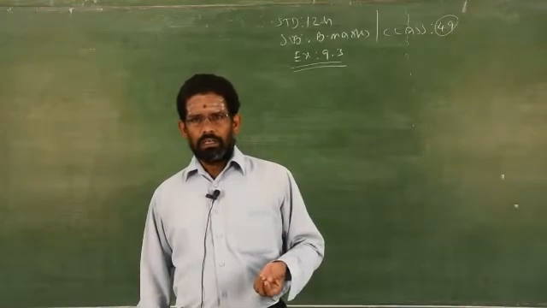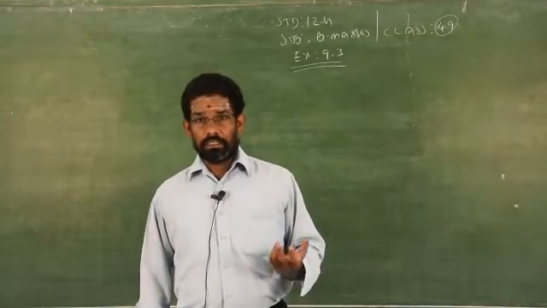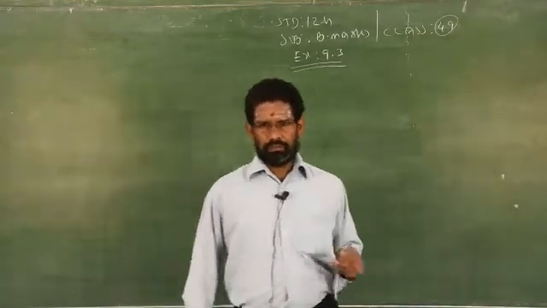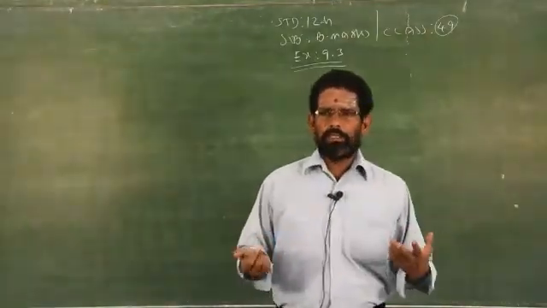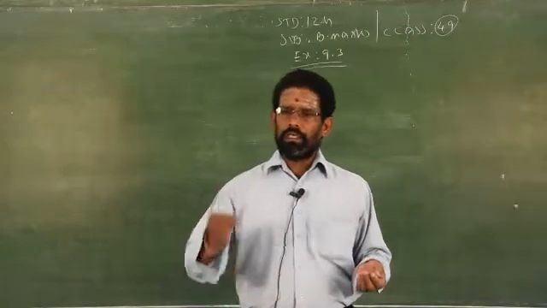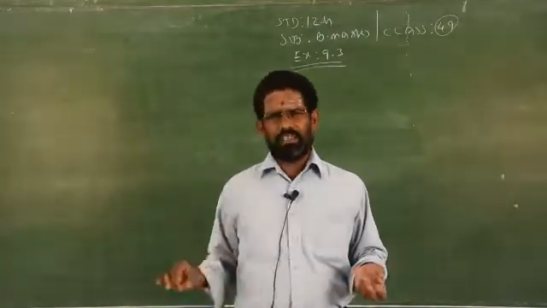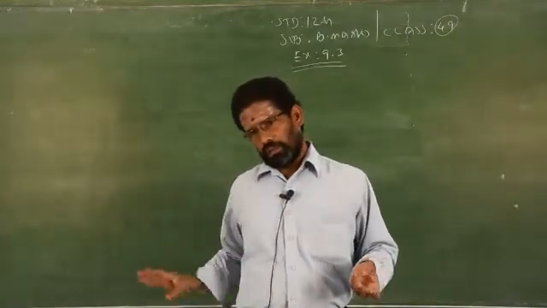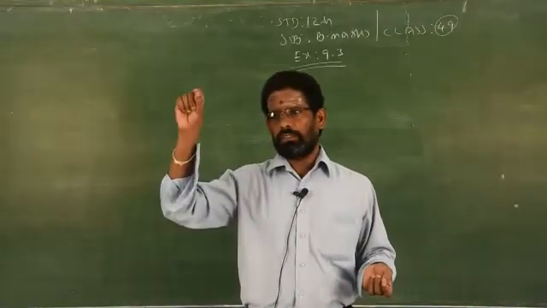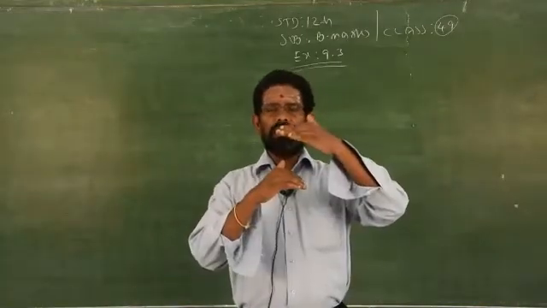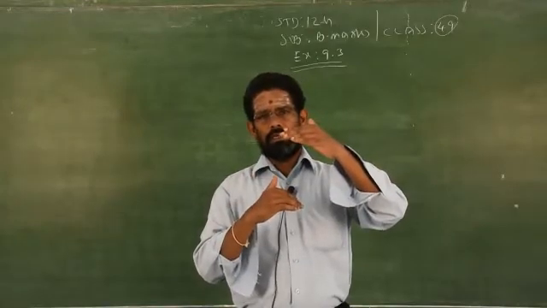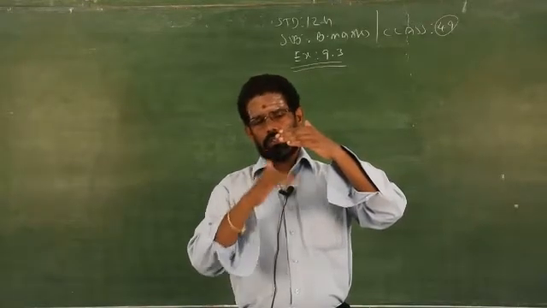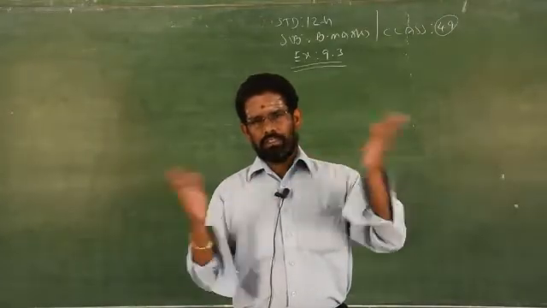Clear? At what time? The samples are taken once an hour from all the machines to check whether the quality is good or bad. They will calculate, they will take the weights, take the average and range, and there are so many calculations. After that they will plot the points on the graph sheet. They will see whether the samples come inside the two limits, the upper limit and lower limit. If so, the process is good, otherwise it is not good.